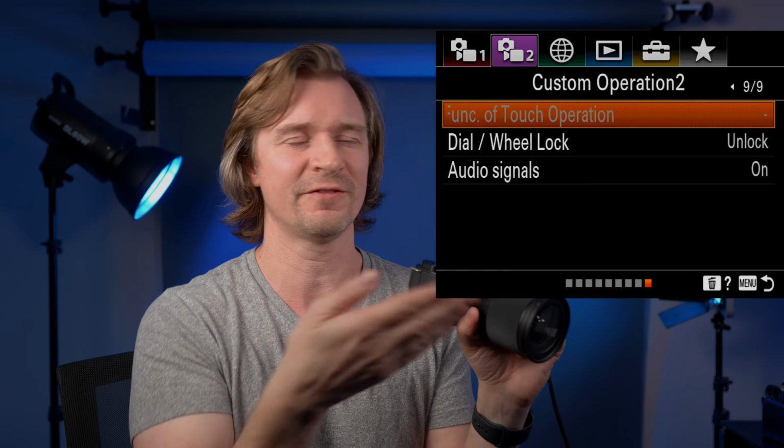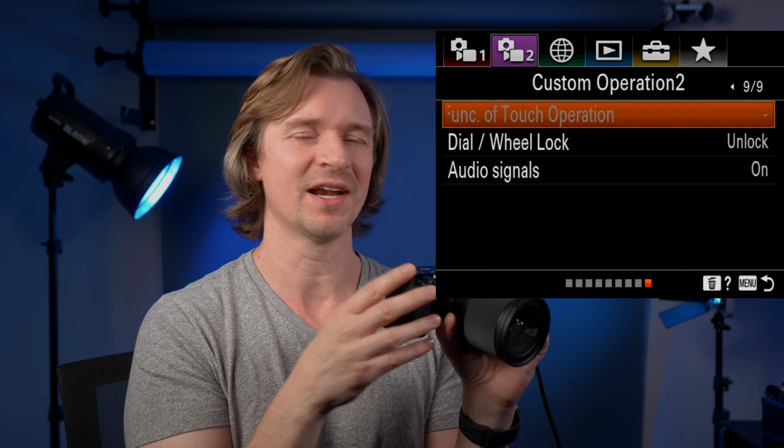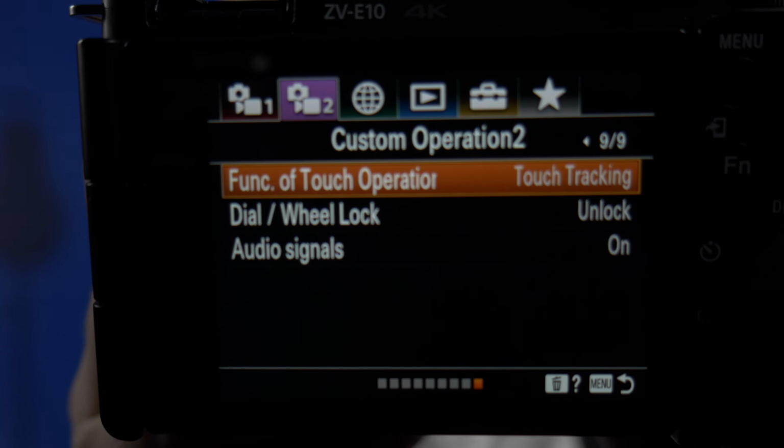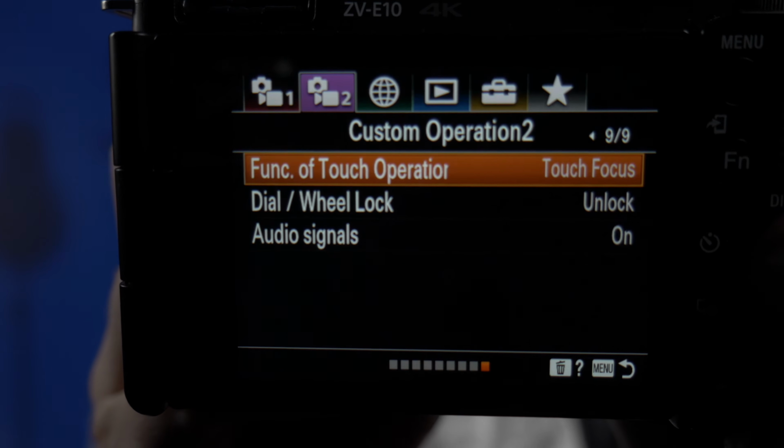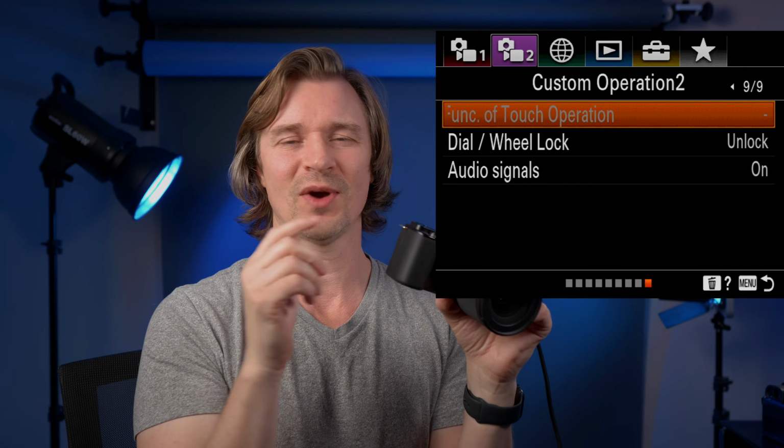Here on page 9 of 9, mine is grayed out because I'm using a Ninja 5, and so certain functions get grayed out when I am putting the menu over there. But you want to go into this function of touch operation, turn off the tracking and turn on the tap to focus. If you want to do the tracking, like let's say you have a subject moving around the frame and you want to keep them tracked, you can track them and then just hold down the shutter button, and that's good. But I find far more useful is when I have touch to focus, because